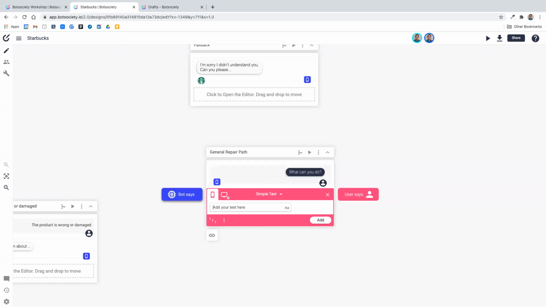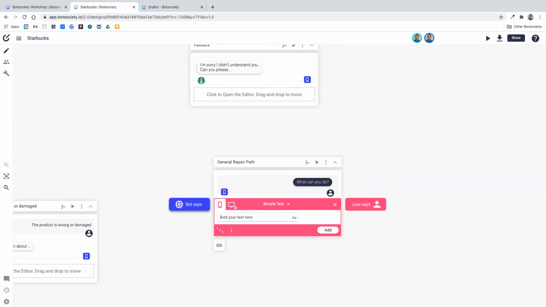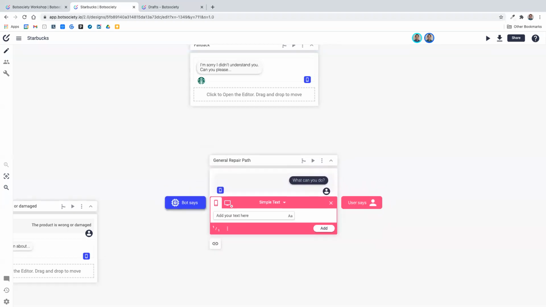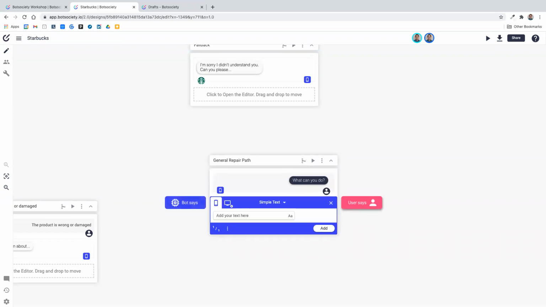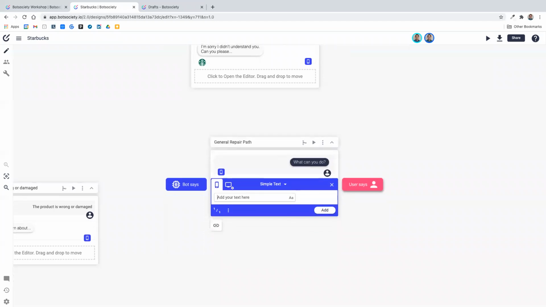A lot of people, when they interact with bots, like to ask what the bot can do. And so maybe this is our general repair path. So if the user says, what can you do? The bot should have a response for every time the user asks that question. And so what we can design is something like, let's say,